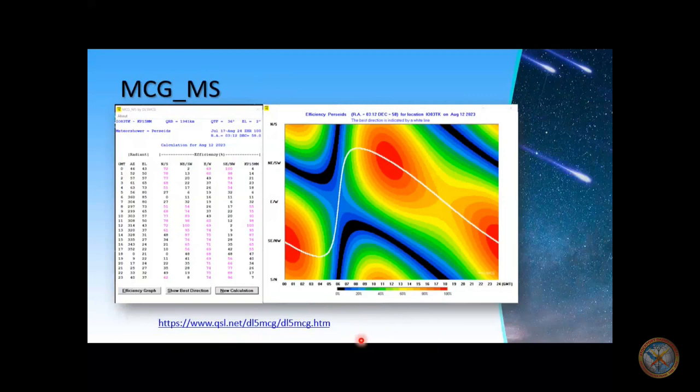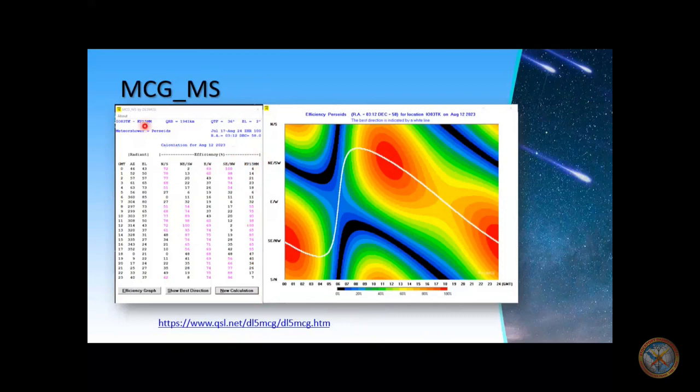You enter your locator, of course, the other station's locator, and the date, and then it calculates an efficiency between 0 and 100% per hour. So for this locator, I don't know what it is, I think it's KP15 or something in Finland,